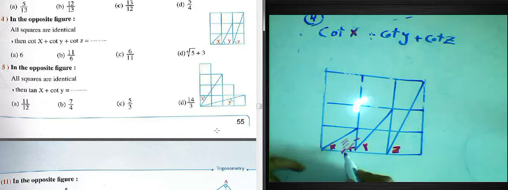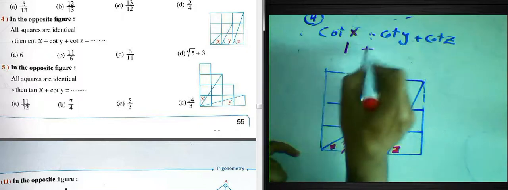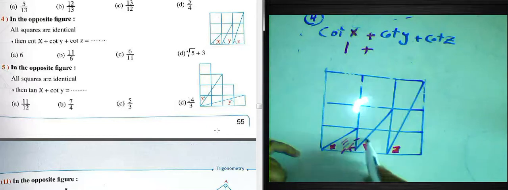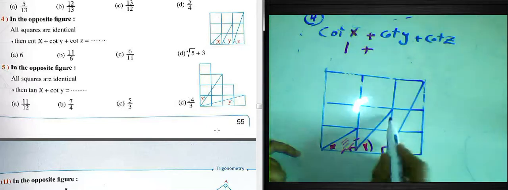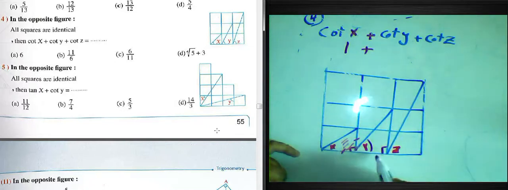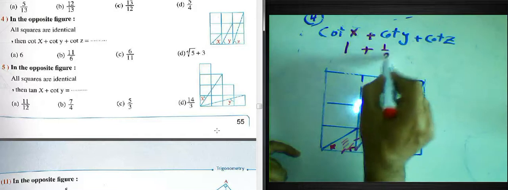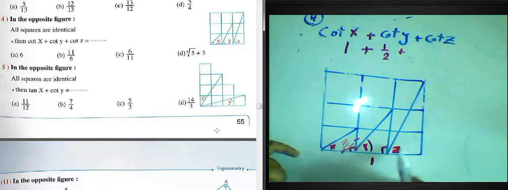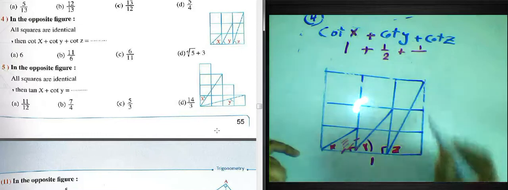So cotan x, adjacent over opposite, will be 1, plus cotan y inside a right angle triangle. Cotan will be adjacent over opposite, 1 over 2, plus cotan z, cotan adjacent over opposite,